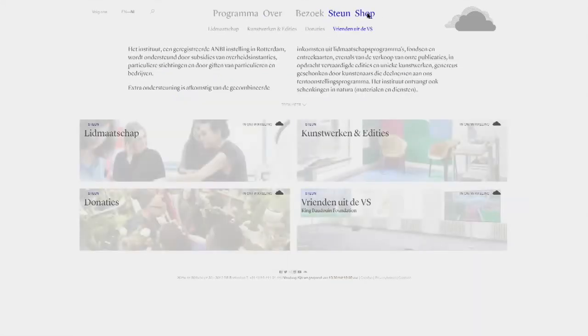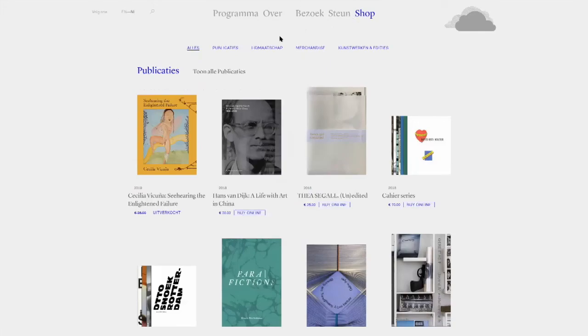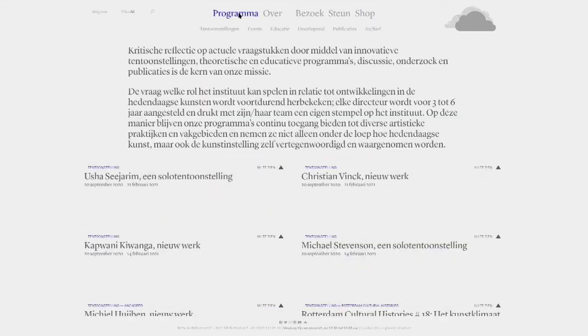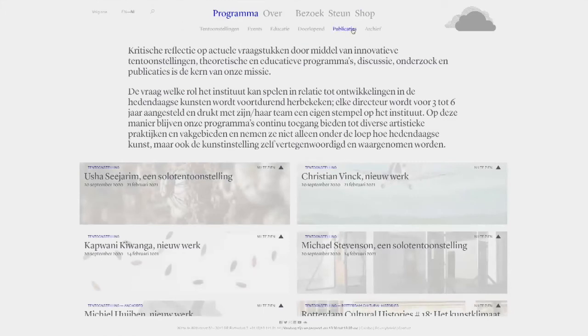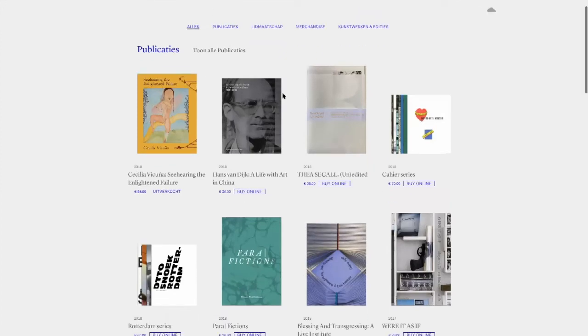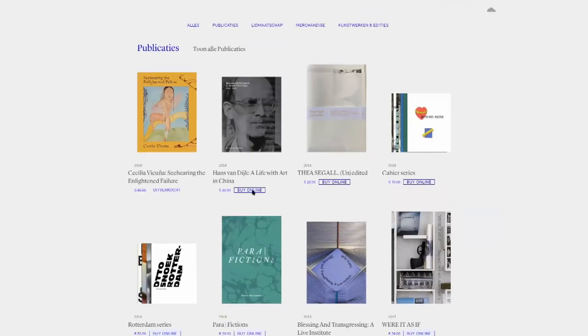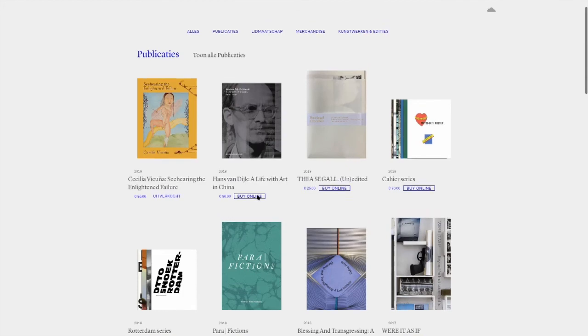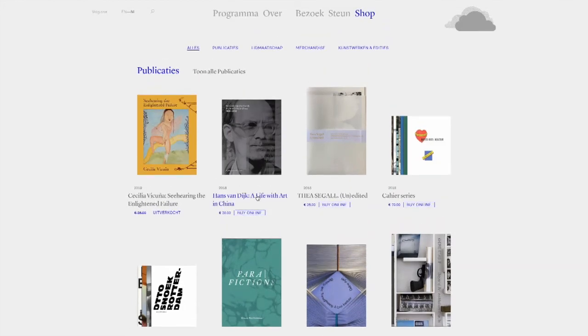And here, a quick jump to the shop again. On one part, it's the program, and you have publication, which is more about the books, whereas shop gives you direct access to just being able to buy books straight away. So the focus is more on having a buy online button, where the other one is more about providing insight and information about the publication. But this is also a good example where